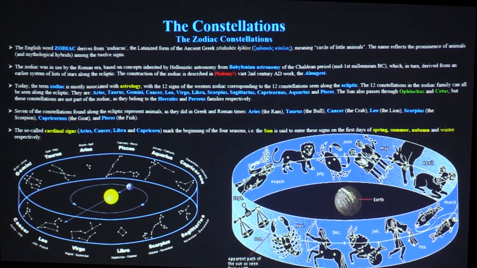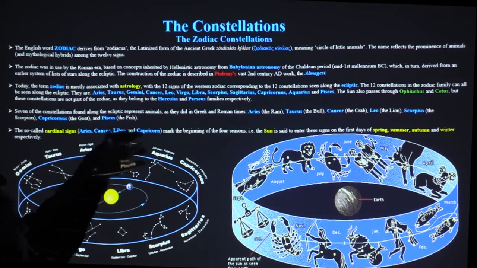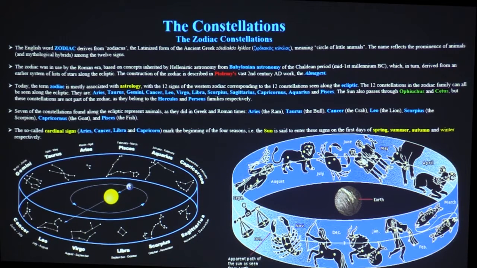Getting on to the Zodiac constellations just quickly, all I want to say about these, apart from the fact that they're well known to the Greeks and appeared in Ptolemy's Almagest in their complete form, the interesting thing is the most important ones are the cardinal signs. Why do we call them cardinal signs? Because we talk about the first point of Aries and Libra straight opposite. They're just where we study our right ascension, our circles, if you like, around the celestial sphere. So they're important for that, and they indicate the beginning of the seasons. So March 21st, and September 20th or 21st mark the two equinoxes. That's what we're talking about here.